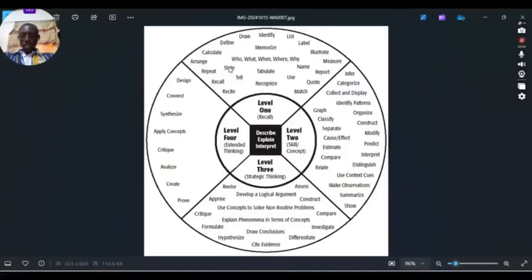When you use words like state, define, draw, use, quote, measure, illustrate, they are all denoting that the question is an L1, level 1 question, which is used to test the ability of the learner to recall, remember what he or she has learned. Alright. Then level 2 is talking about skill or concept, basic application of the L1,